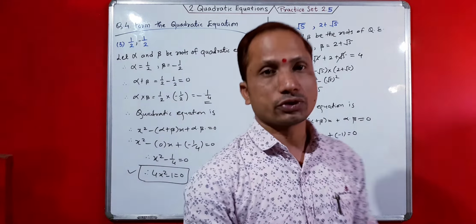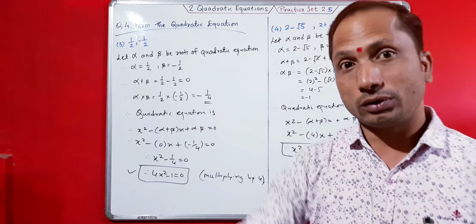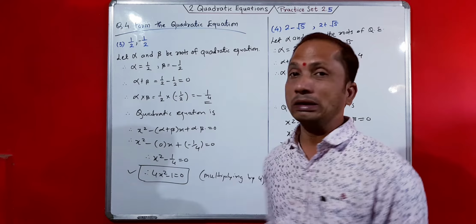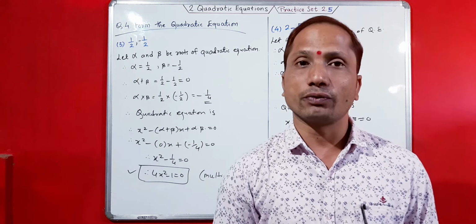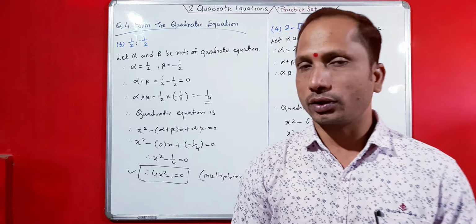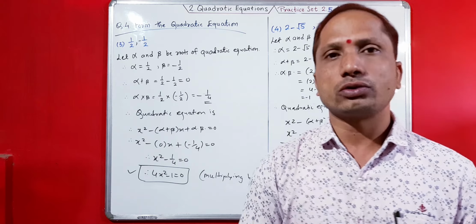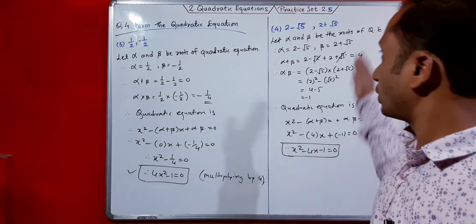You have to just do the proper calculation, with the proper method. Everything should be done properly, so you'll get the correct solution for the given roots in the form of a quadratic equation. So this is question number 4. You have completed it, and now we are going to solve question number 5. But before starting question number 5, please do this carefully. Everything is very easy.